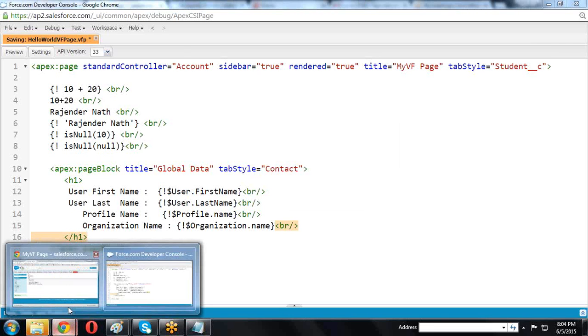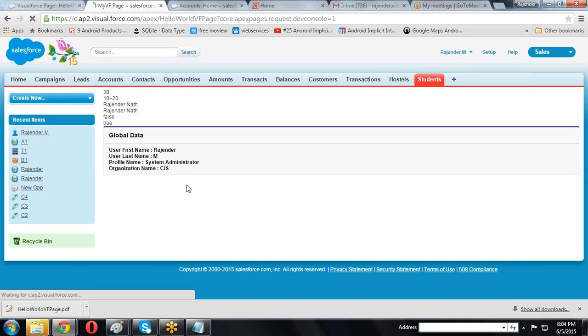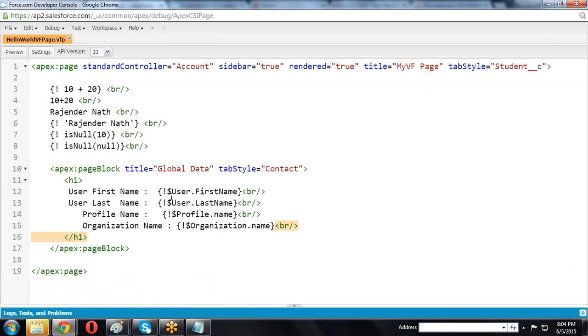Capital Info Solution. This is the organization. CIS is the organization name. Like this, if you want to display global data, this is the way we use the dollar symbol. Dollar symbol we use for these functions.